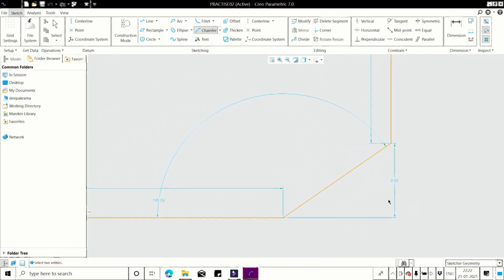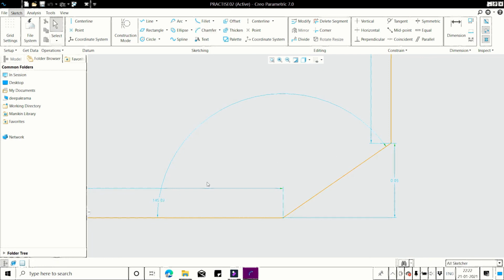What is the difference? In chamfer the projection of this line and this line is showing, but in chamfer trim the projection of this line and this line is not showing. This is the main difference between the chamfer and chamfer trim. Rest of the things are the same.